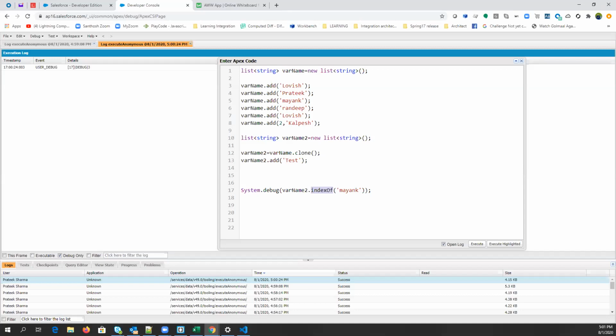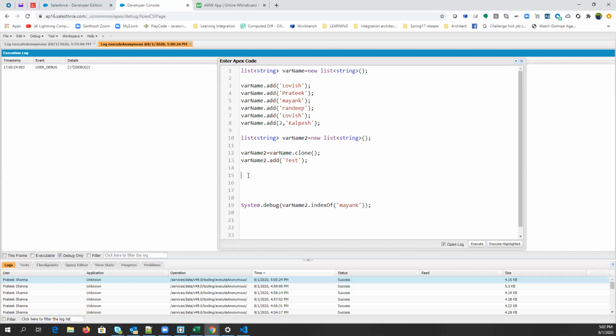Pratik, I have a question. What's the difference between getting the value through get and list? I mean, I'm using one method like varname.get and another method varname square brackets and index number. What you are asking is the difference between get and index, right?